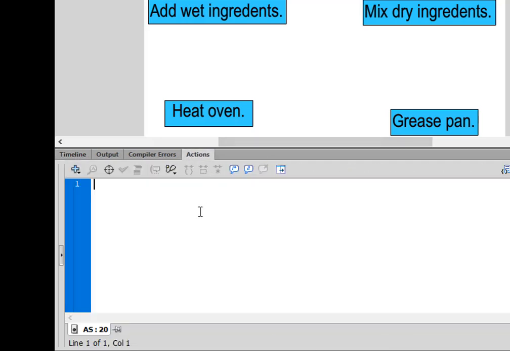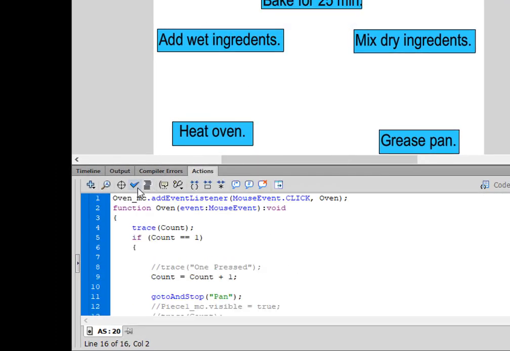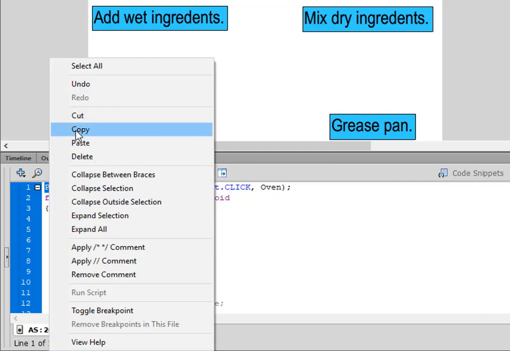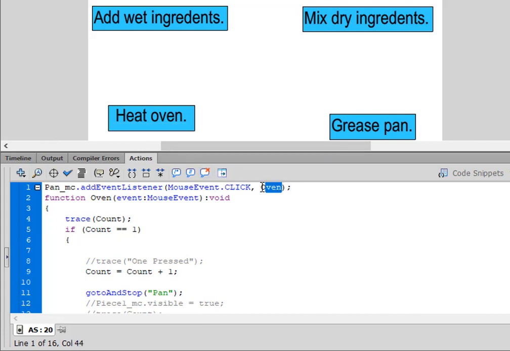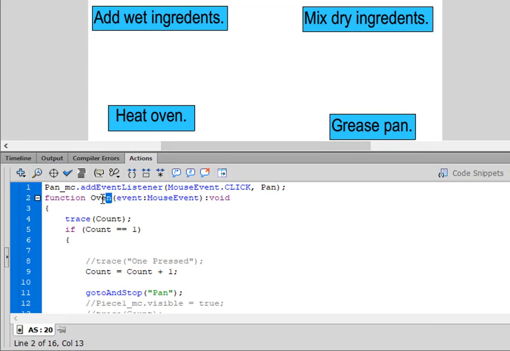Open the action script. Paste it in. And oven now becomes pan, because that's what we called this movie clip, pan, P-A-N. Copy pan, paste it in here, paste it in here,